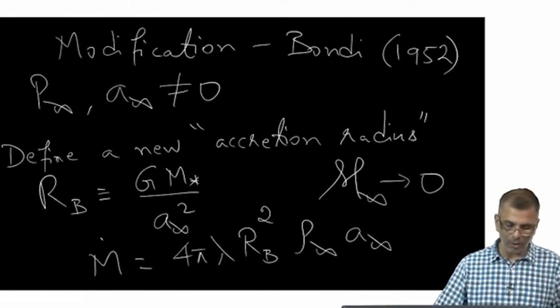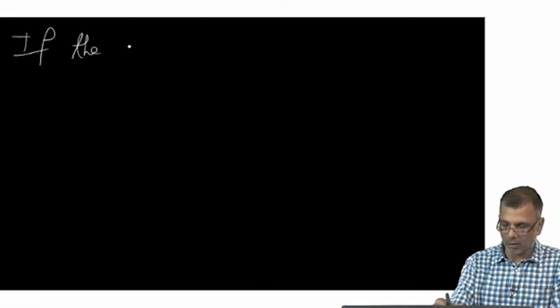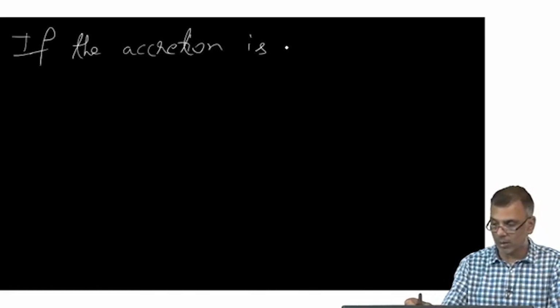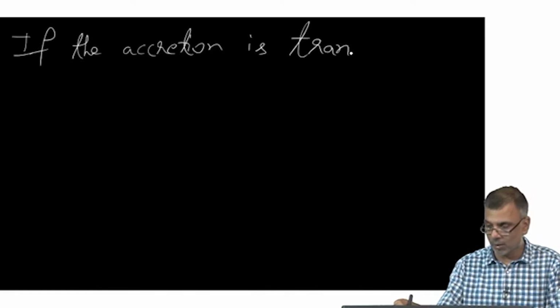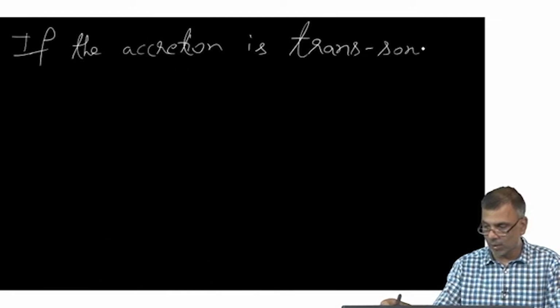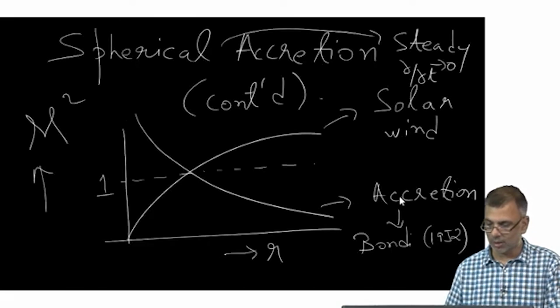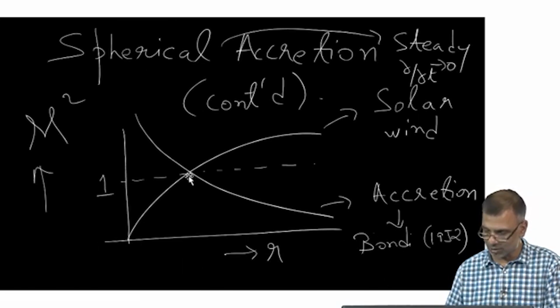Now, the main thing to note is that if the accretion is transonic, and what do I mean by transonic? I mean like this. If the accretion is such that you start with a very low Mach number, you are subsonic all the way here, and you pass smoothly through the sonic point